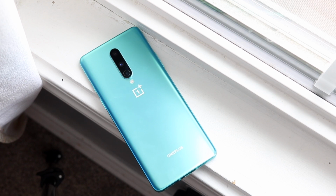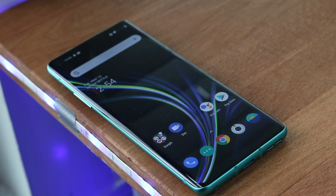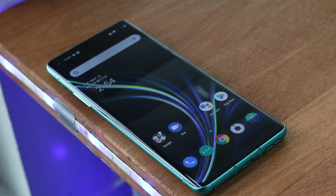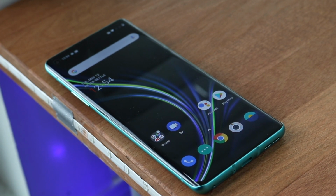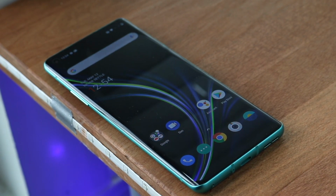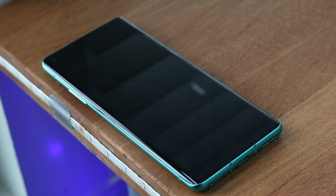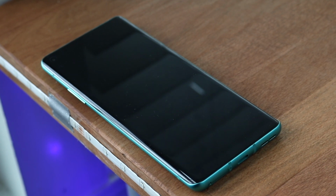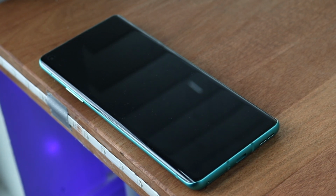Now hitting on the software, this is where things are going to be a little bit confusing. And not really, it's going to be kind of sad. The OnePlus 7T, even though it's not even a year older than the OnePlus 8, it's probably not going to last as long as the OnePlus 8. I mean, it's obvious it's not going to last as long, which is totally okay. They're both on Android 10 right now, and they're both going to be getting Android 11, Android 12, but the OnePlus 7T is most probably going to be lasting as long as the OnePlus 7, so you kind of have to keep that in mind. It's not a deal breaker, it's not anything like that, but still it's something to consider at the end of the day. So the OnePlus 8 is going to be lasting 1 year longer than the OnePlus 7T,